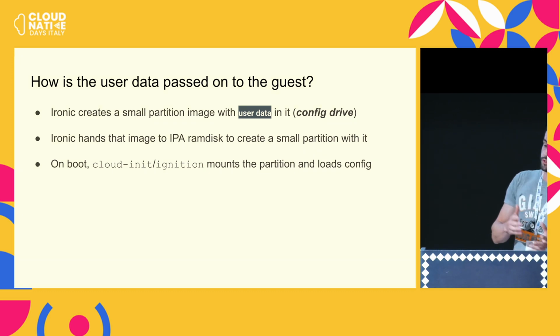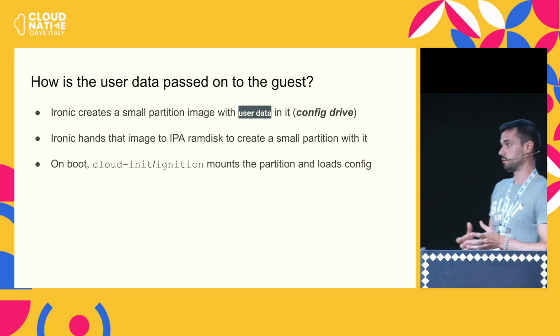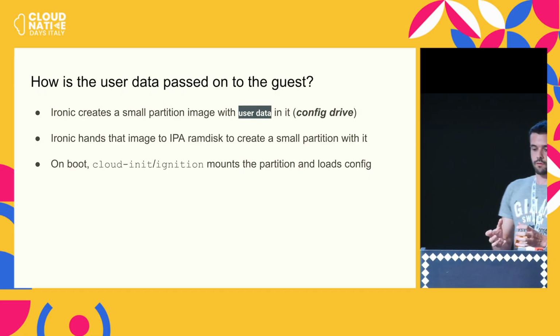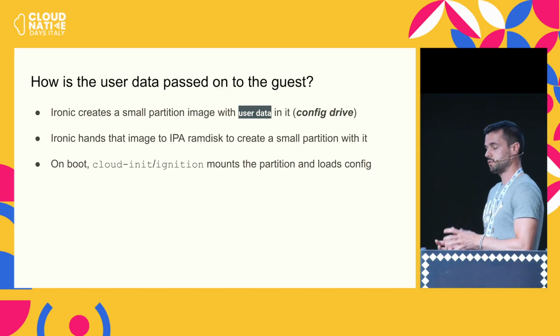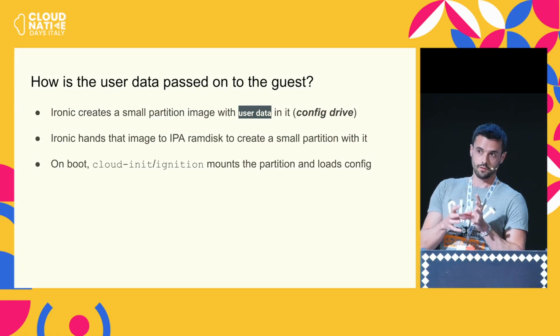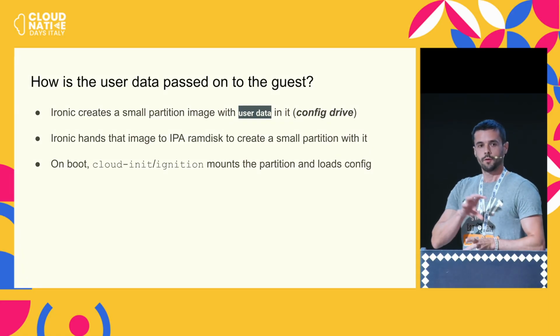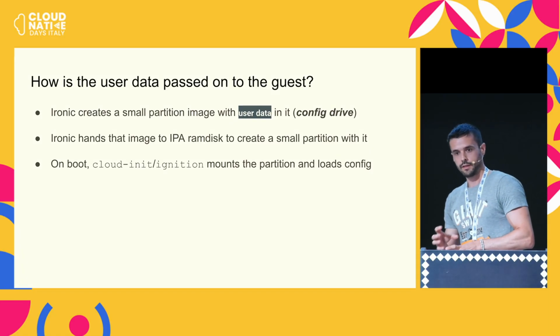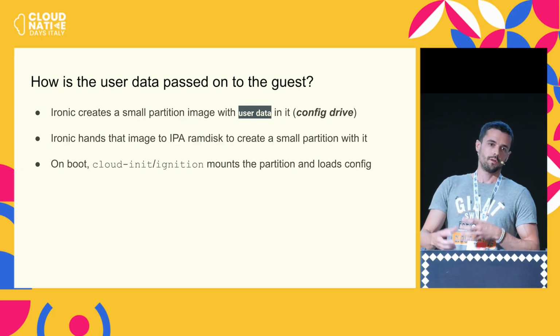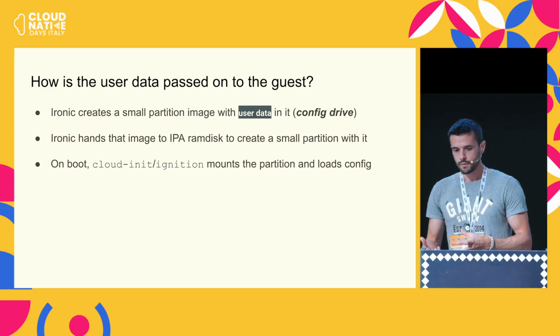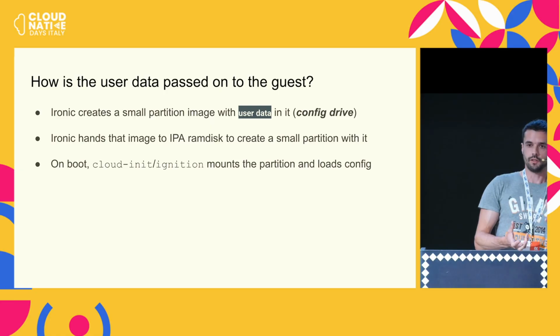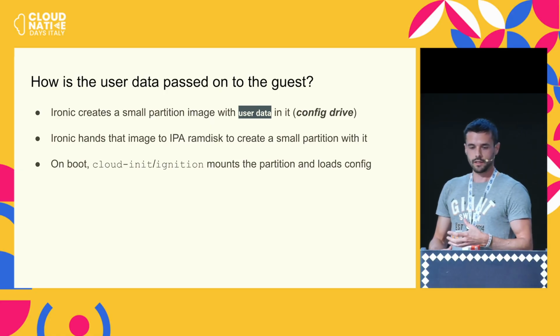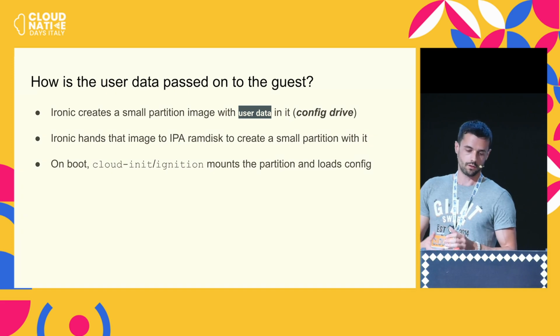While in vSphere we use the metadata field on the virtual machines, here we don't have this luxury. So Ironic, like the RAM disk, is going to create a tiny partition on disk called the config drive and put the bootstrap data into this partition. Then when we restart the machine, the OS, cloud-init or Ignition, is going to pick up data from that partition and then initialize the server and turn it into a Kubernetes node.